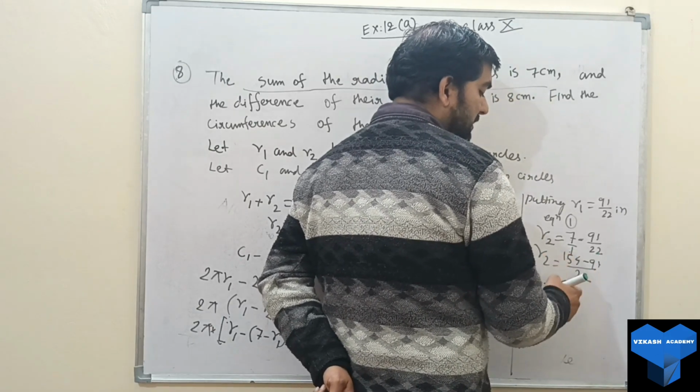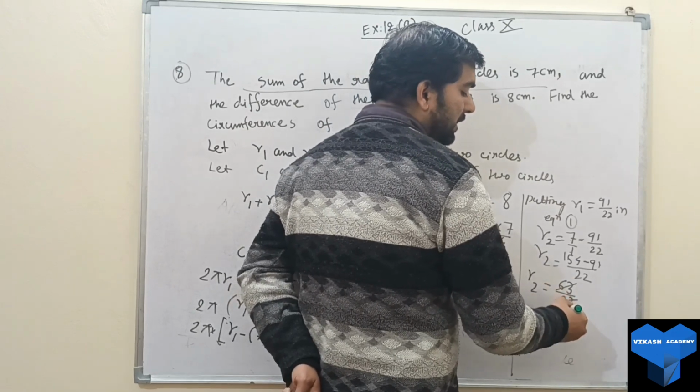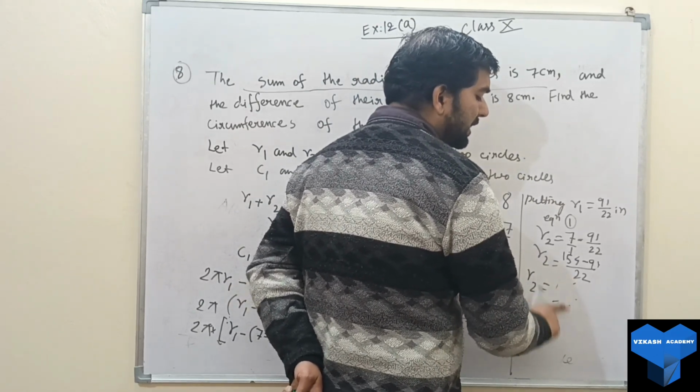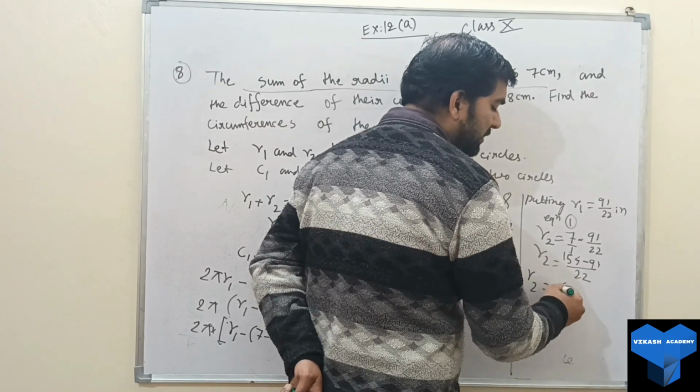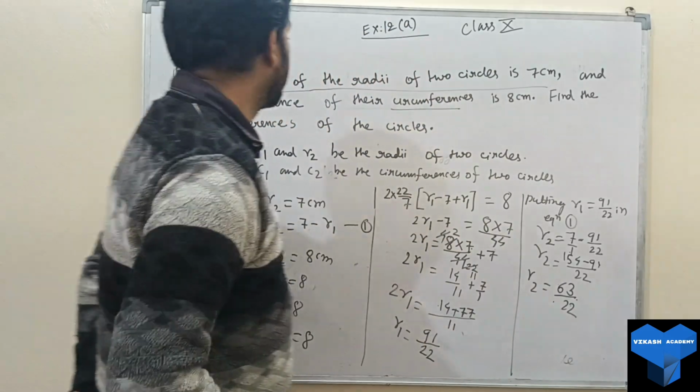Again check, 4 minus 1 is 3, 15 minus 9 is 6, 63. Or you can cancel it, it will be 11. I will be keeping it like this. We have only 63 by 22. What we have to find is the